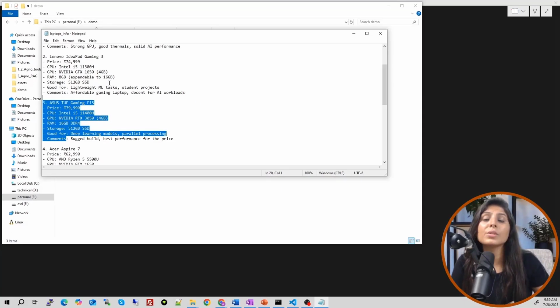If we are using RAG, RAG will only search this document, and this document has only 50 laptops. So your RAG application will give you an answer based on these 50 laptops only. Out of these 50 laptops only, it will recommend the best laptop under 80,000 rupees.